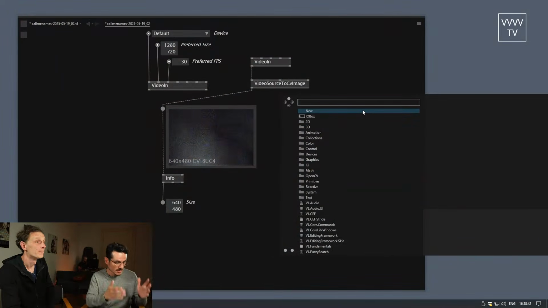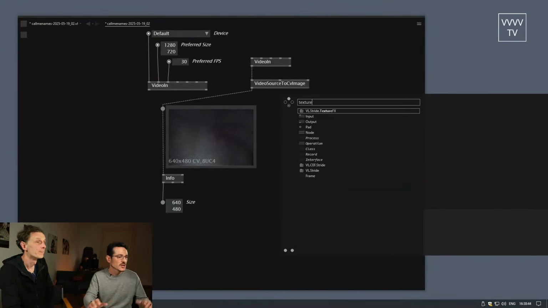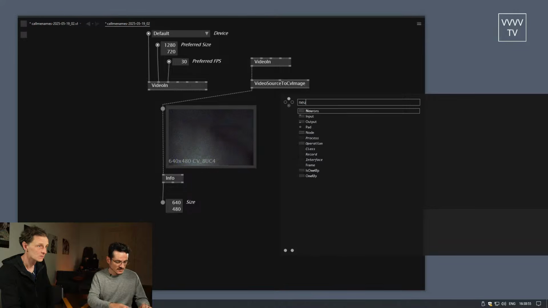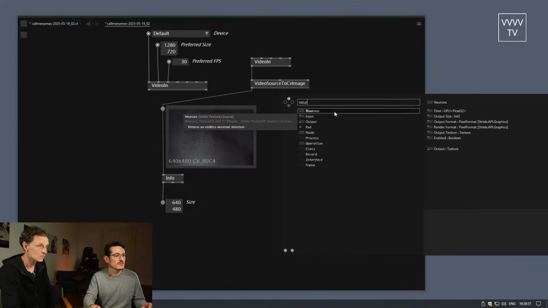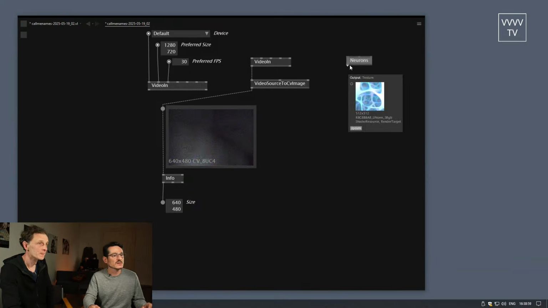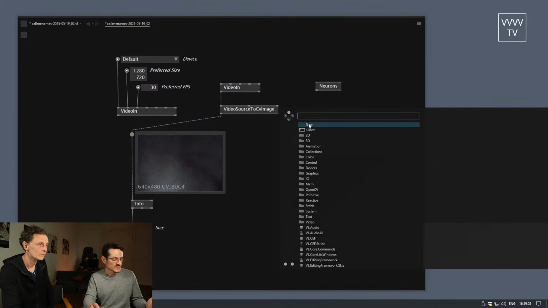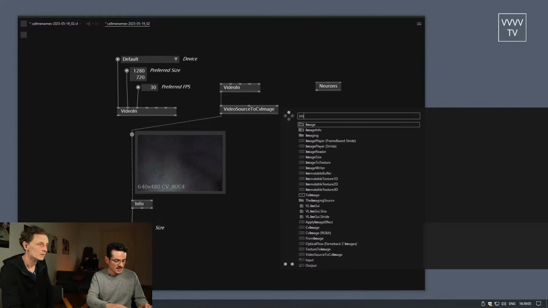All right. So let's start with getting textures in our patch first. And for that, I'm going to quickly reference the Stride texture effects package, just so we get something. Example. Do you have any idea of what we could use? Neurons. Neurons is a good old favorite. Let's go with that one. So here you can see I have this texture, and then to go into CV land, we have a